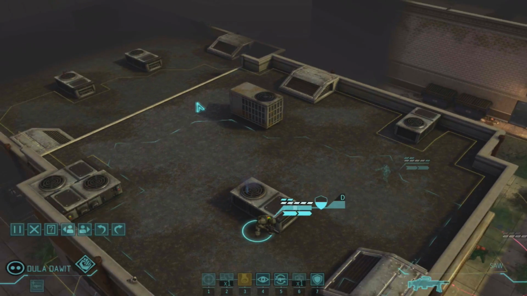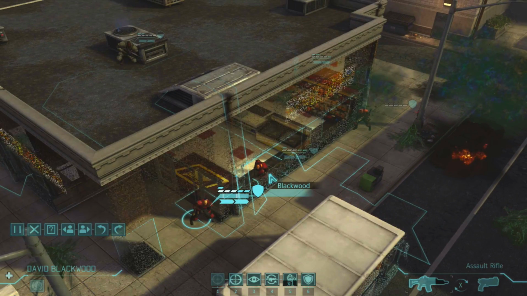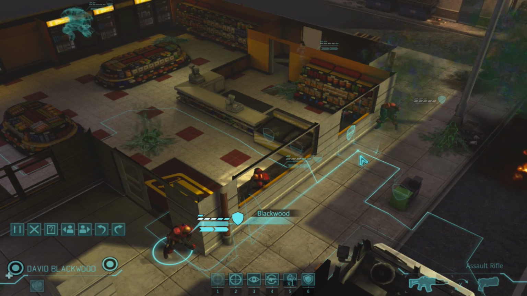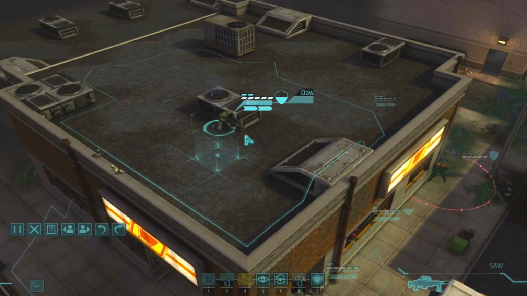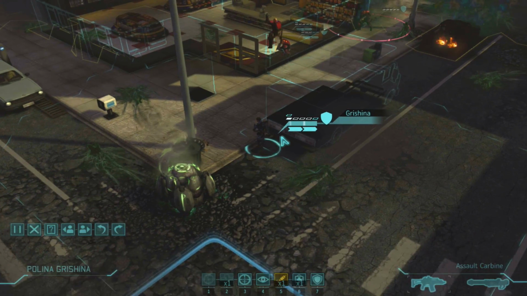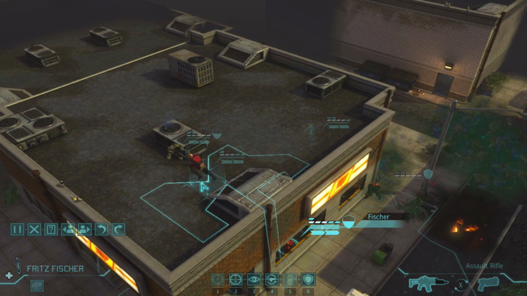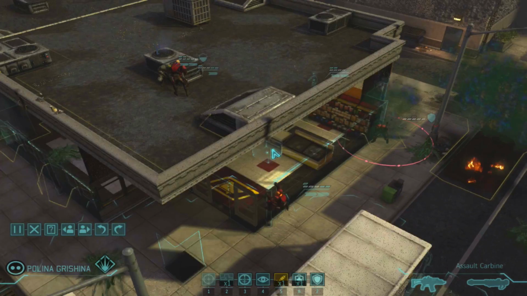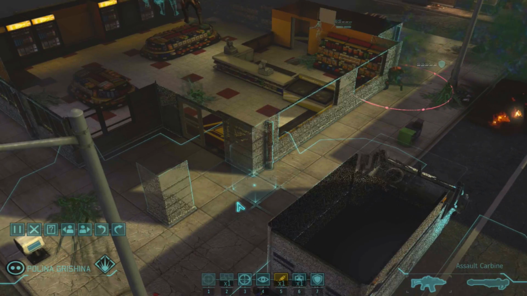And then I'm hesitant to move forward on the roof because of the possibility of drawing another pod. I think I do want to get my squad up onto the roof though. Probably just hold position there. Let's see. Verstanden, Commander. Might put